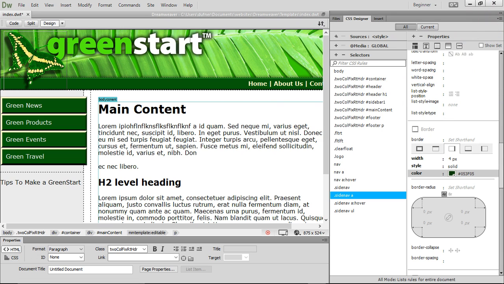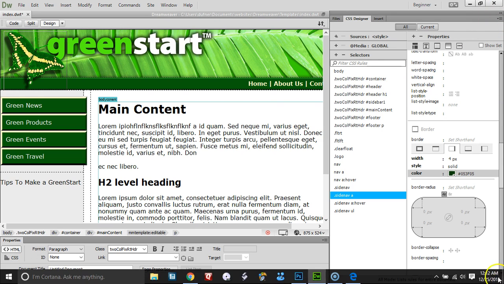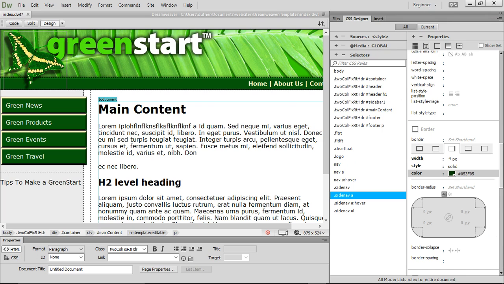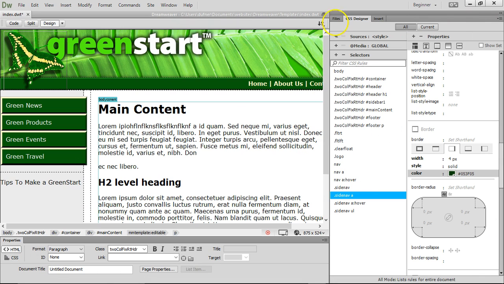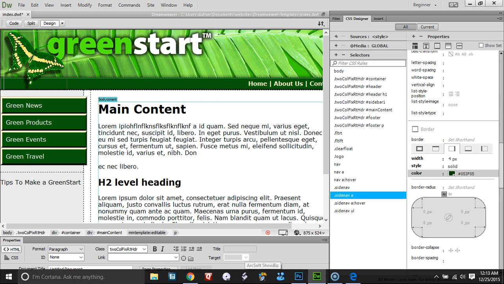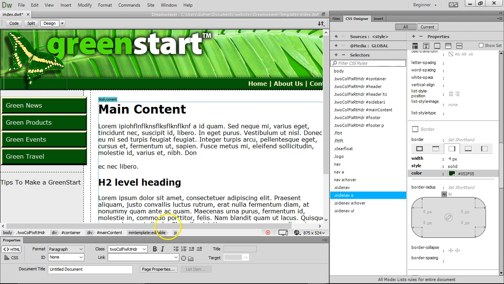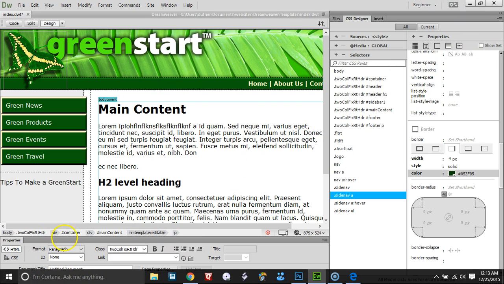Come on, where's my arrow? Hello. Just lost my arrow. Sorry, guys. Hello? Where's my arrow? Great. Alright, I've lost my arrow. We're gonna have to stop the video. Where's my arrow? Press escape. There's the